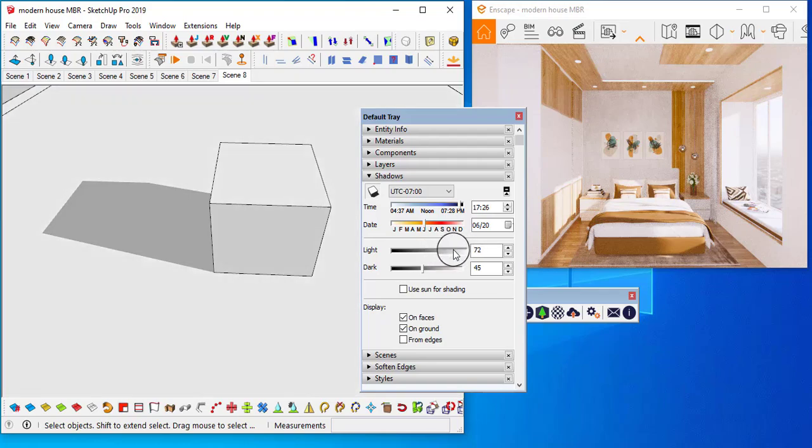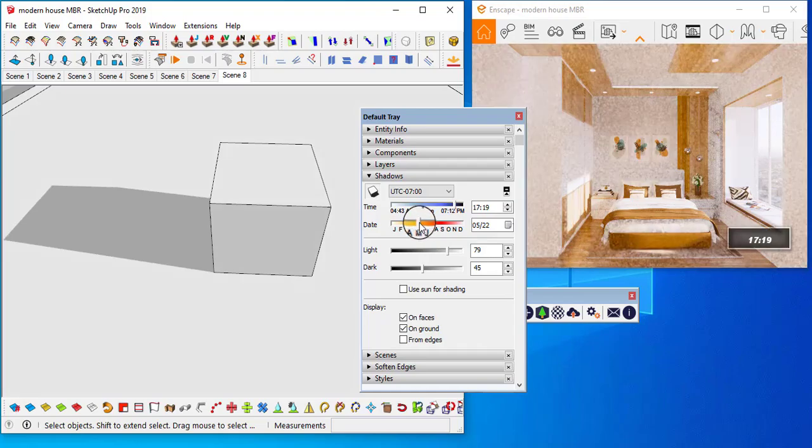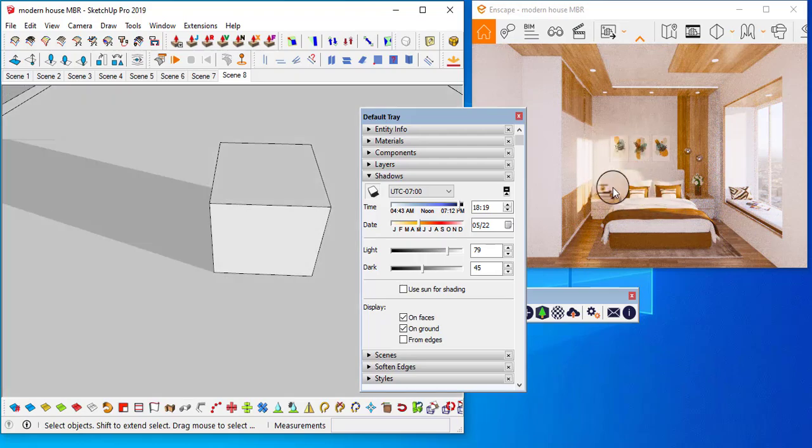Okay, even this lighting darkening won't act in Enscape. That you can add in the visual settings, but just check this shadow. Where should it pop on? Yeah, it is looking kind of realistic, right? So a little bit. No, not here. And here it is. Yep. Yes, finally I got this one.